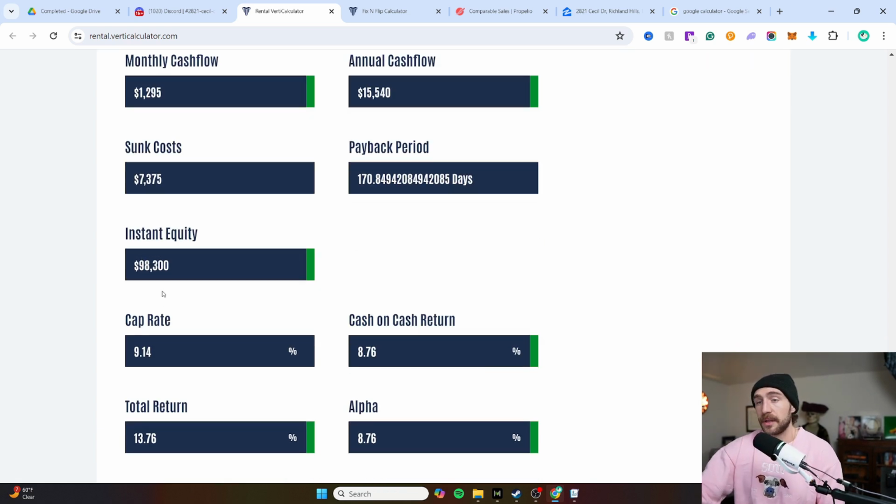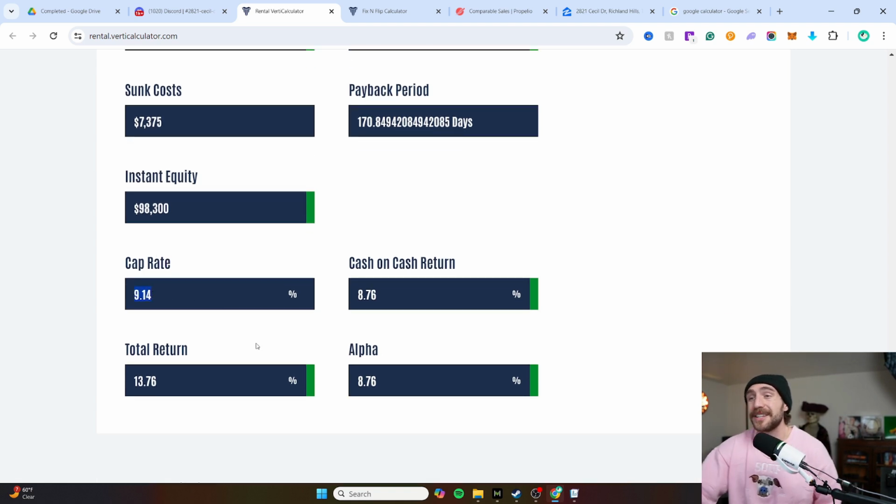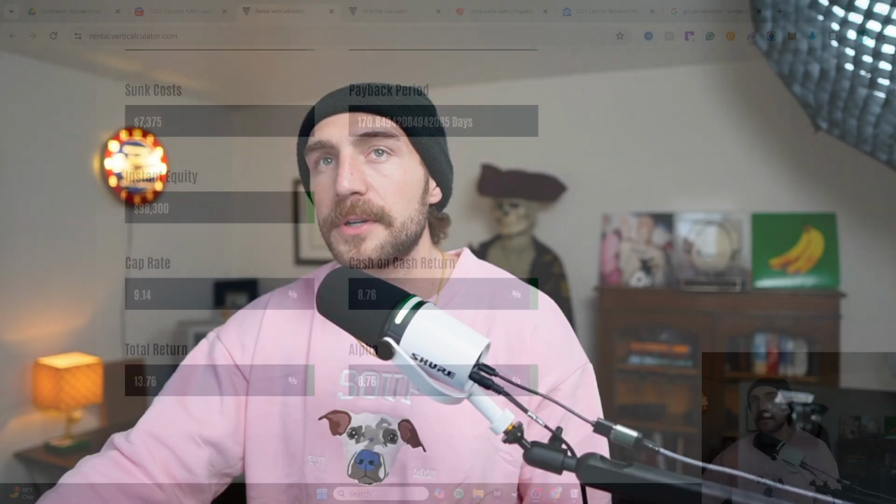And it's a great deal. 9% cap, guys. This is an incredible deal. And it's because it's being bought at the 1% rule. Like, this is to die for. So if you can find deals at the 70% rule or the 1% rule, they are to die for deals for flips or rentals. Investors would love these deals. And that's what you should be striving for, is offering on properties at the 70%, at the 1%. And then if you have to go higher, sure, go higher, but really start your offers there.